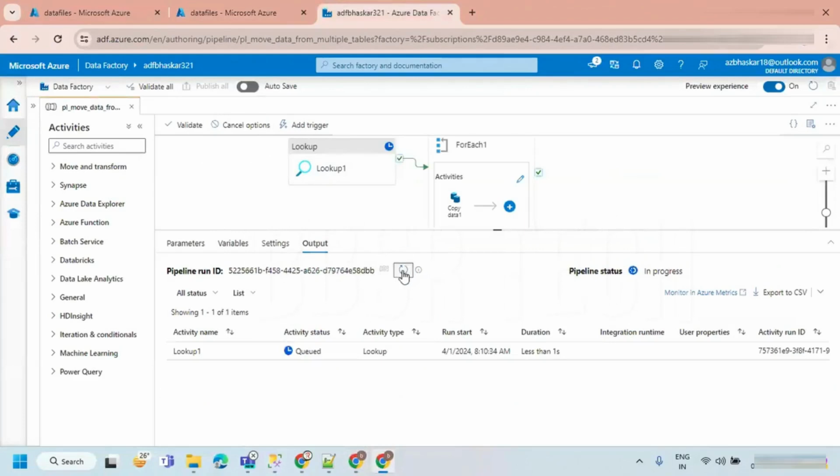So what happens if the table is not having the data? Will it avoid creating a file, or will it create a file or not?